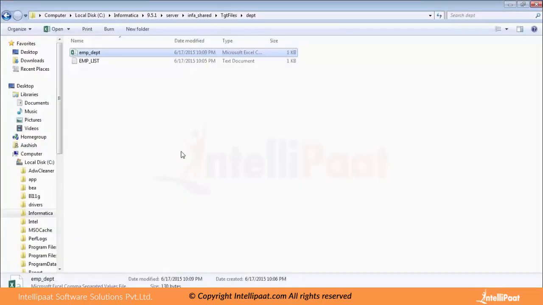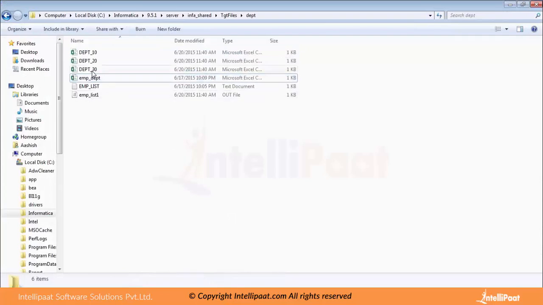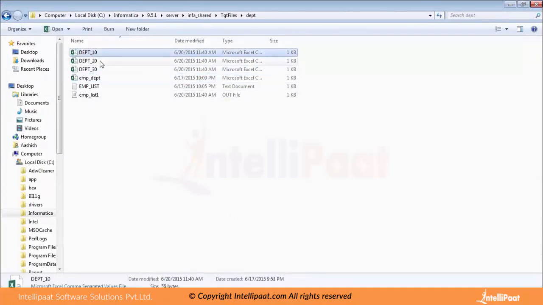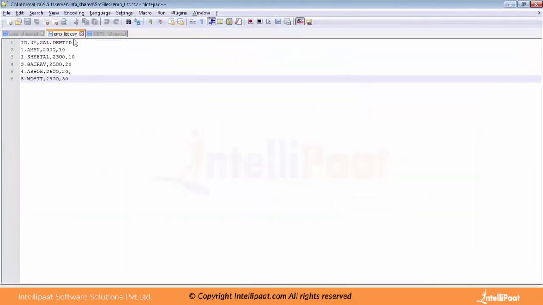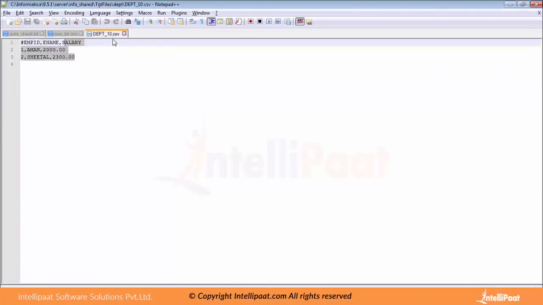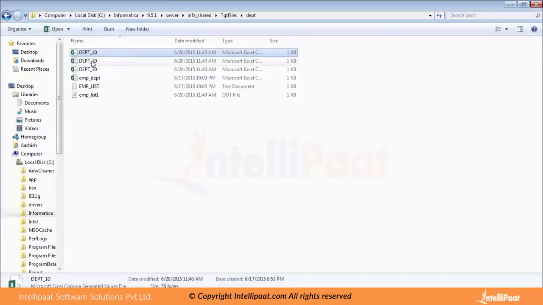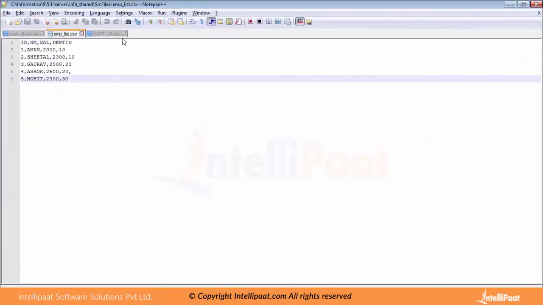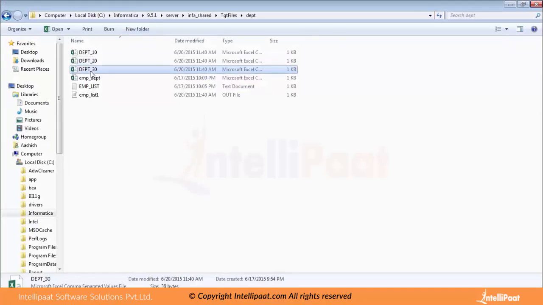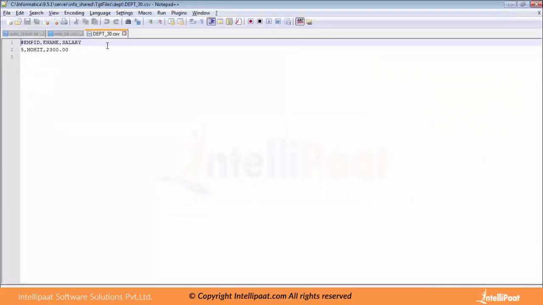So I have executed it. So we have received these 3 files, that is department number 10, 20 and 30. Let me open it. Here we have received only those 2 employees which are from department number 10, that is Aman and Sheetal, right? From department number 20 we have got Gaurav and Ashok, same, and department number 30 we should get Mohit, right? Now let's test